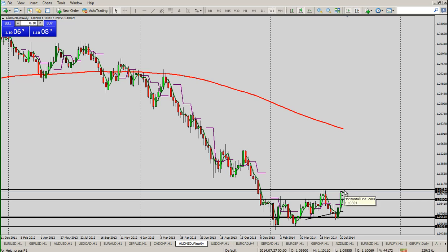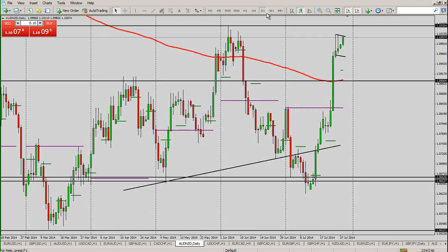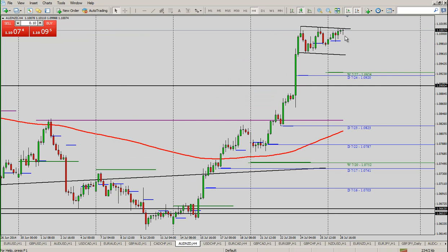But if we break that, there could be some pretty big, pretty nice runs up. Now, remember, it's summertime, things can be a little bit choppy. We don't quite get the big movement in summer that we get right at the end of summer. So this might make a big break and make a big run, and if it does, that's great. Let's be ready for it, and let's hold on to this one and trade it right on up through that